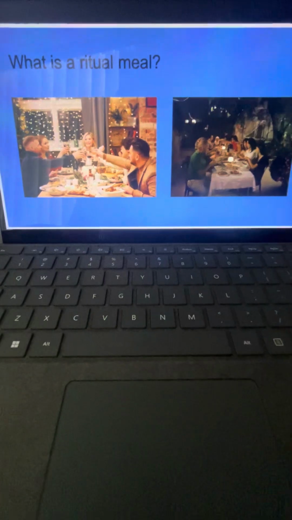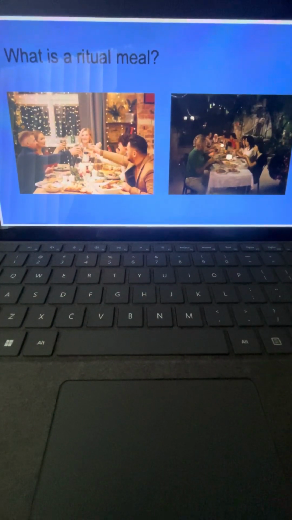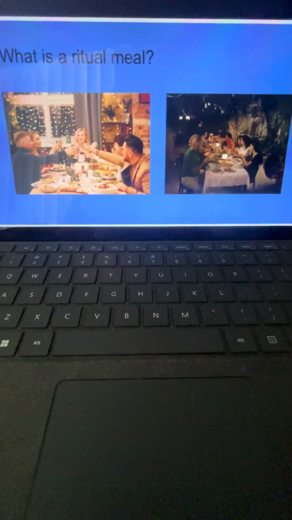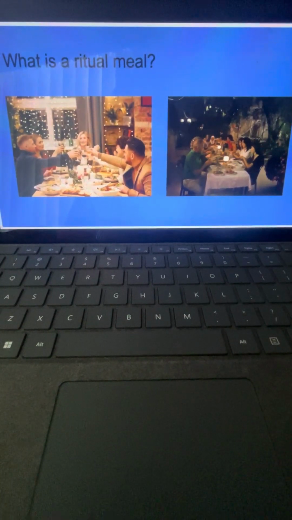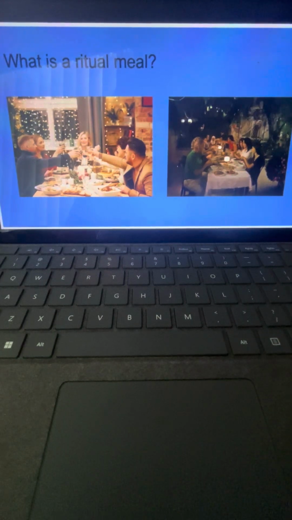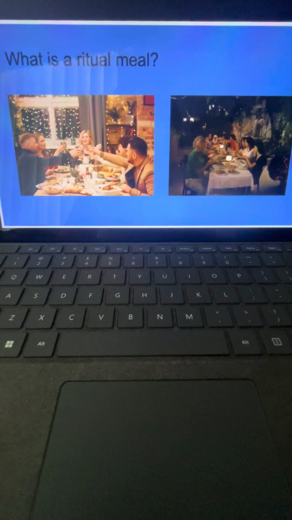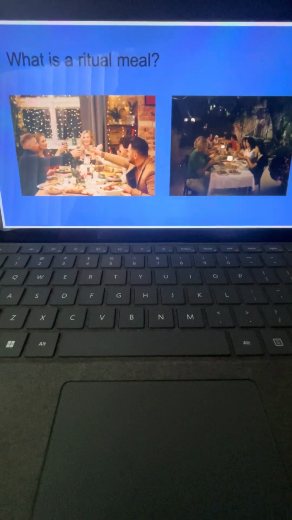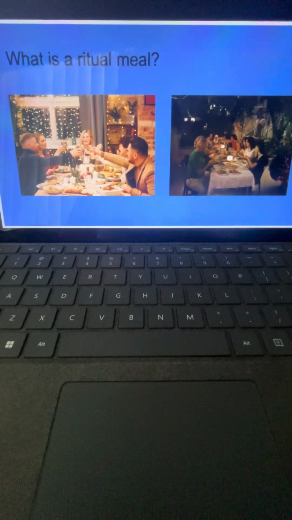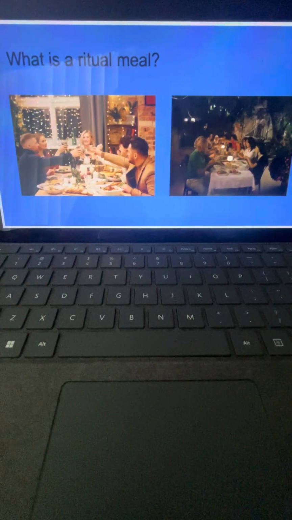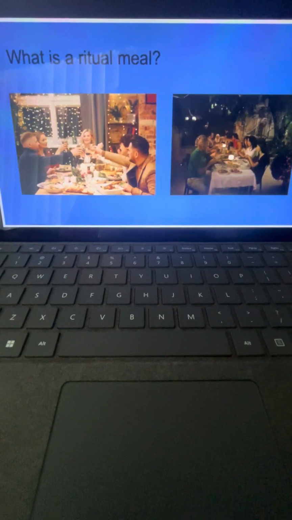So here we have two ritual meals that are underway. One is a Christmas dinner, and the other is an iftar dinner, both religiously oriented ritual meals. Not all ritual meals are religious, but many are. But a ritual meal here means something that many families will be doing in the same way, usually at about the same time, is one of the things that will give you a clue that you are thinking of a ritual meal.